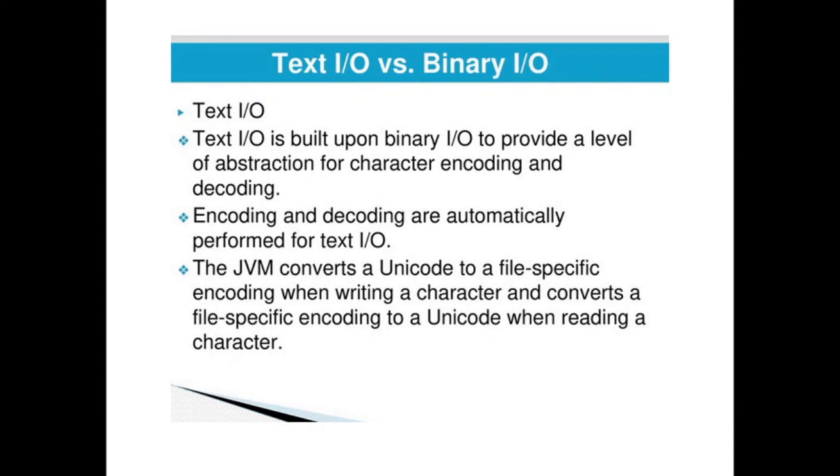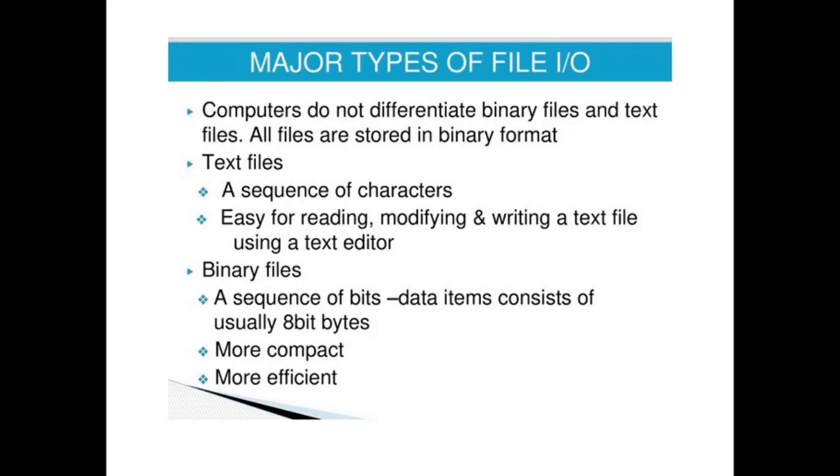If we consider binary files, and suppose we are storing an integer in a text file, where whatever we store is in the form of characters, it is totally meaningless to say that we are going to store an integer in a text file. Whenever there is talk of a data type, that means it has to be stored as a binary file. We cannot store an integer or a float or a double in a text file. We can only store characters. But in case of binary files, we can store data in the form of data types, like integer, float, double.